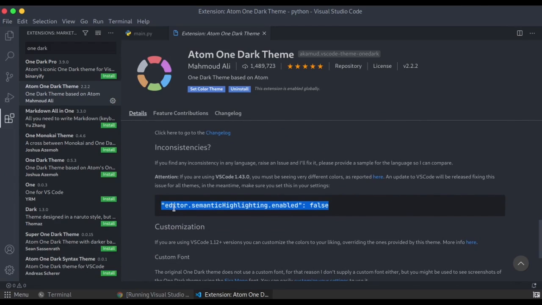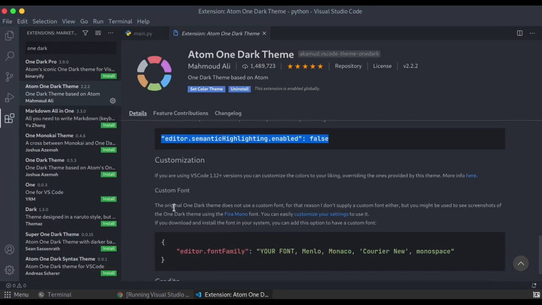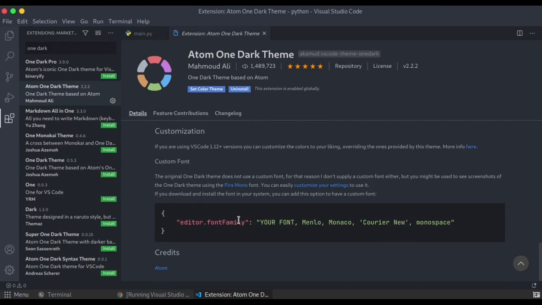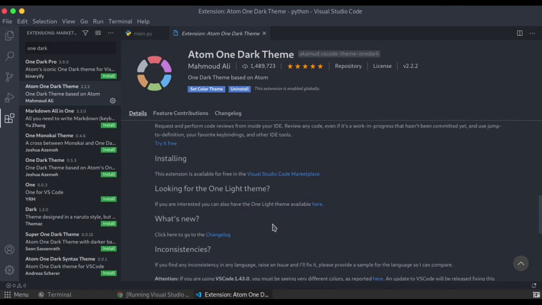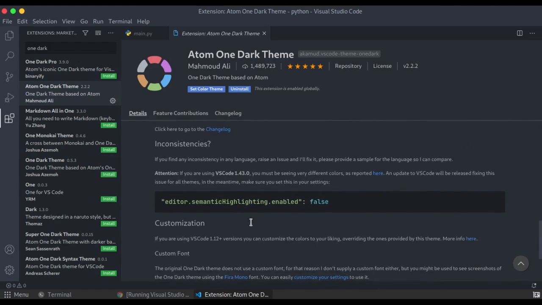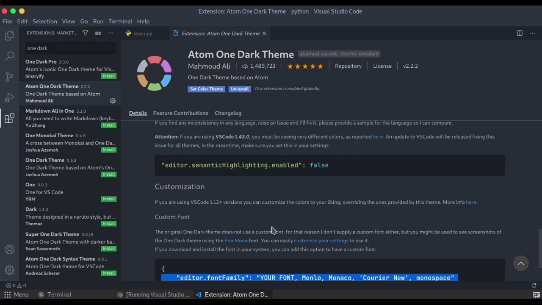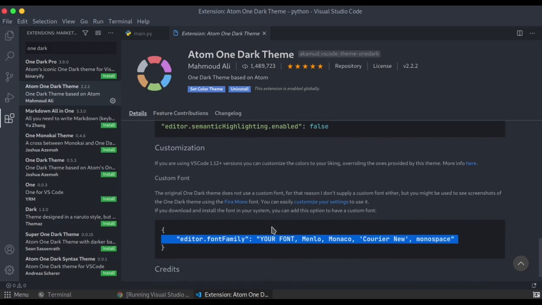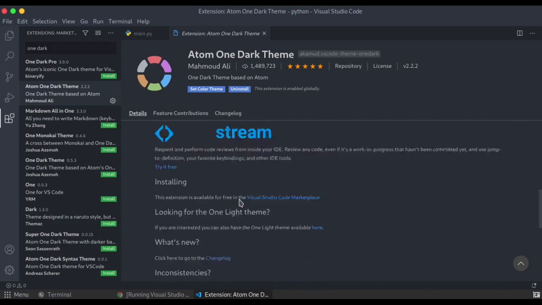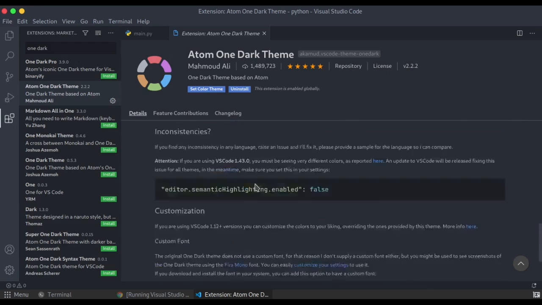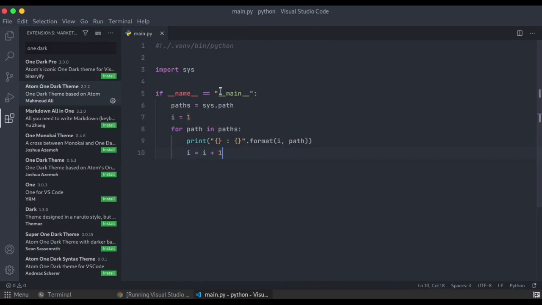Here is an option that you can either enable or disable. By default, this section of preview code is in Fira Code. It is also Fira Mono, actually a font which supports ligatures also. So you can choose any font which you prefer. But actually their recommendation is to use this one. But yes, I will go with my own. So it is fine for me. Now